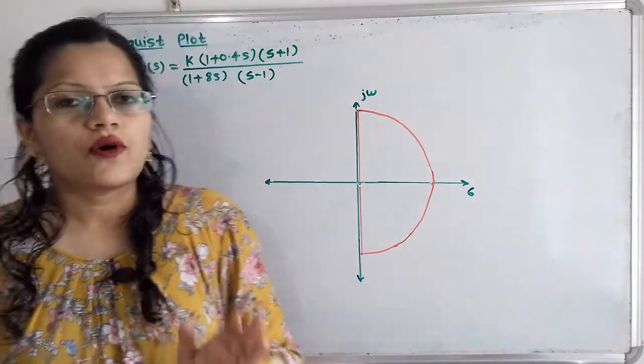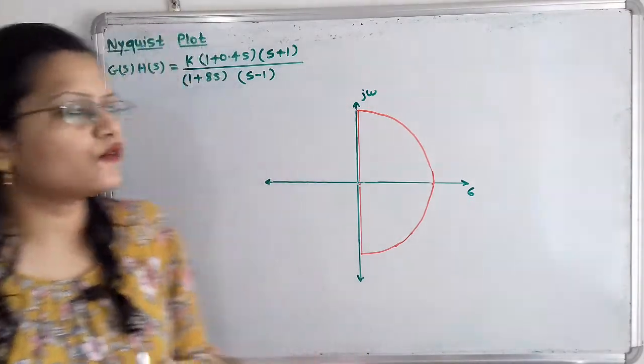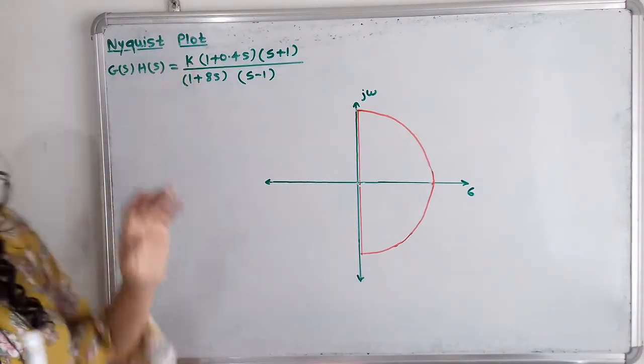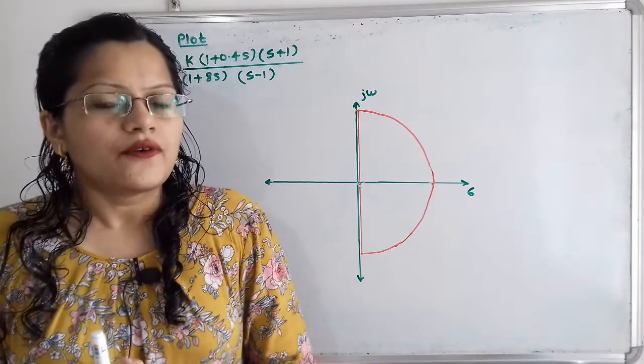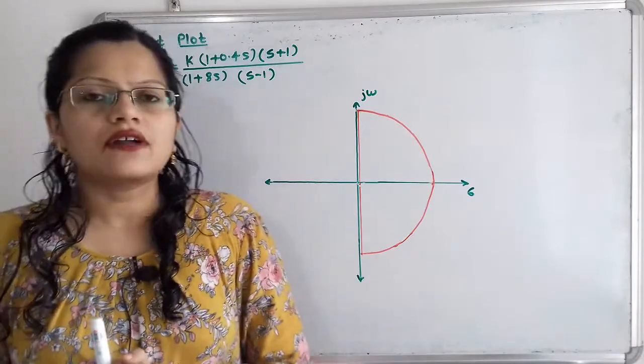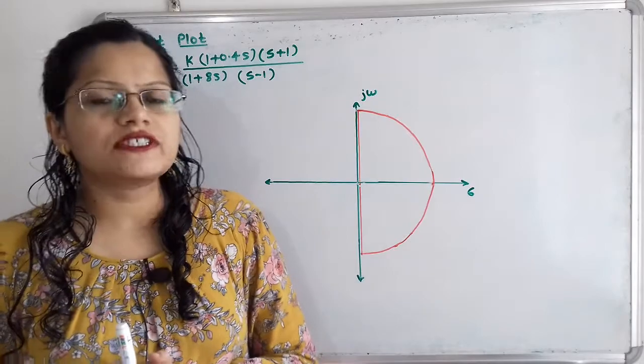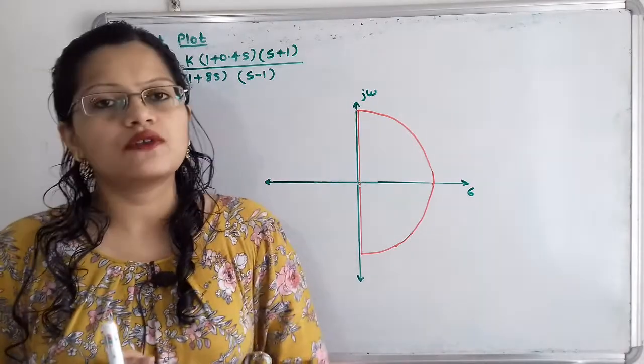For this open loop transfer function, we have to find out the range of k for the stability of the system. We have to first find out how many poles there are